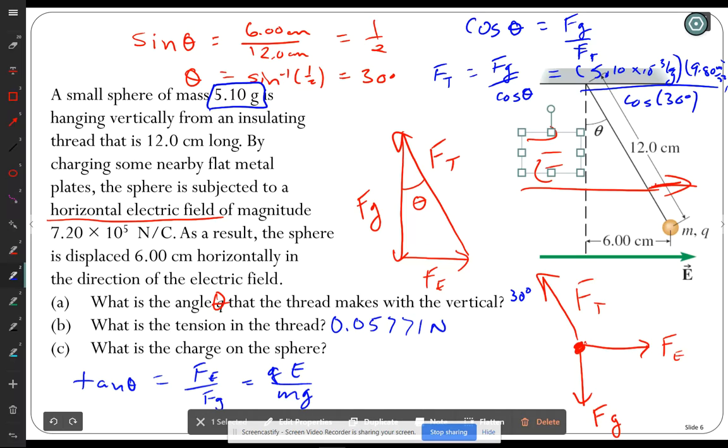Replaced force gravity with mg, and the force for electric charge with QE. And then my final step is going to be solve for Q. And this time I've run out of space. I'm not going to write mg tangent 30, but it's 5.1 times 10 to the minus 3 times 9.8 times tangent of 30 divided by 7.2 times 10 to the